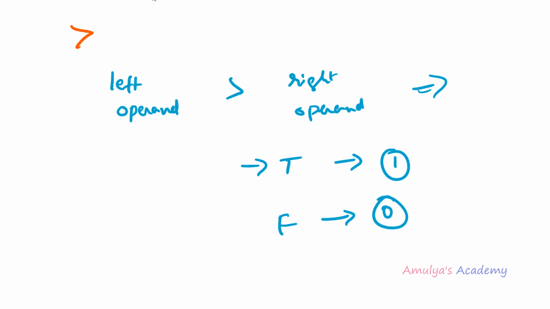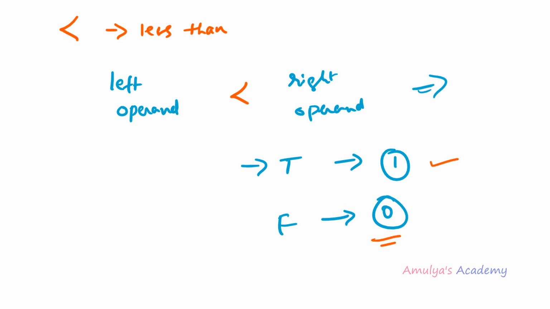So the next relational operator is less than. We can write the operator like this, okay? So this is less than operator. This operator will check whether the operand present in the left side is less than the operand present in the right side. So I need to use here this symbol. If it is true, it will return 1. If the left operand is greater than right operand, then it will return false, so we'll get output as 0.